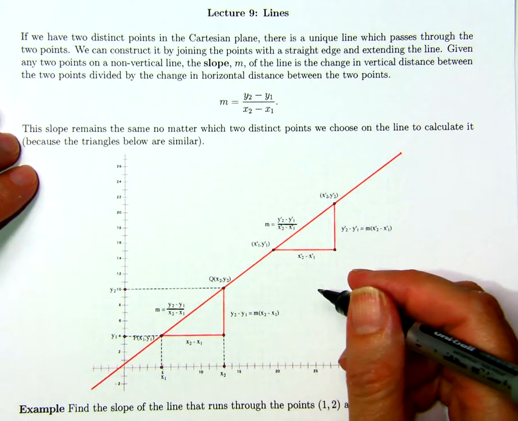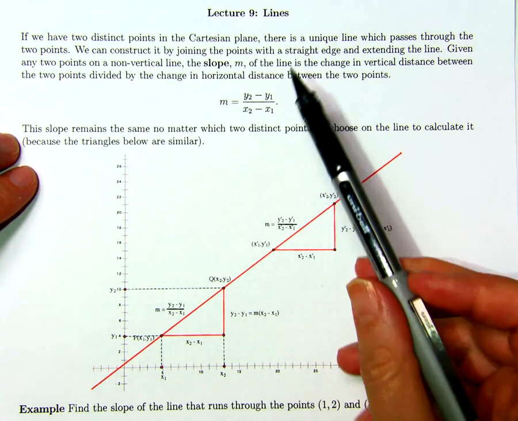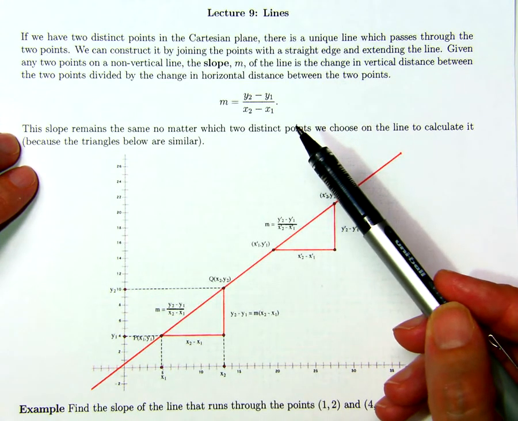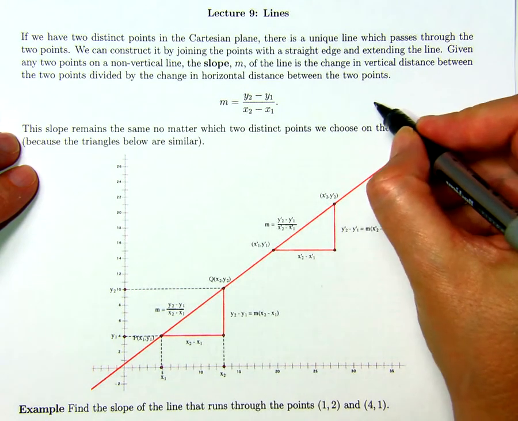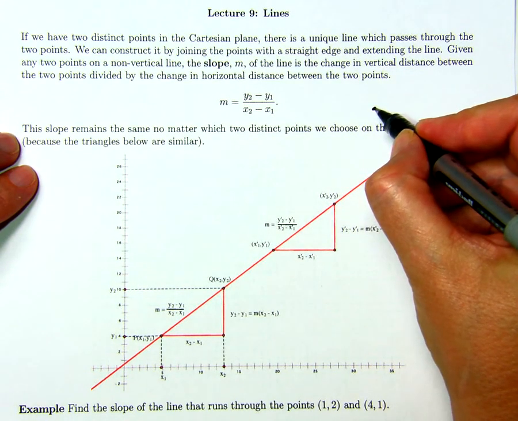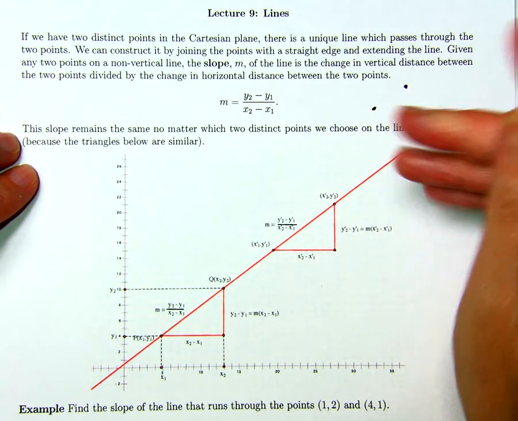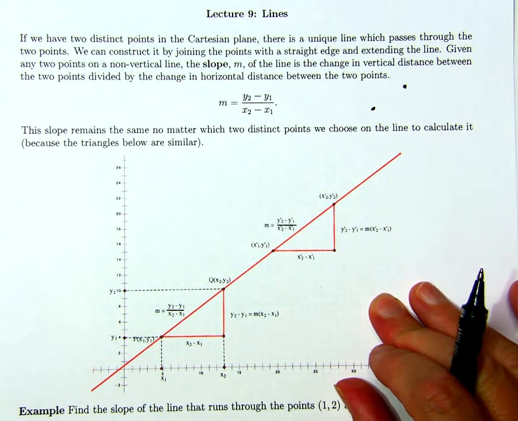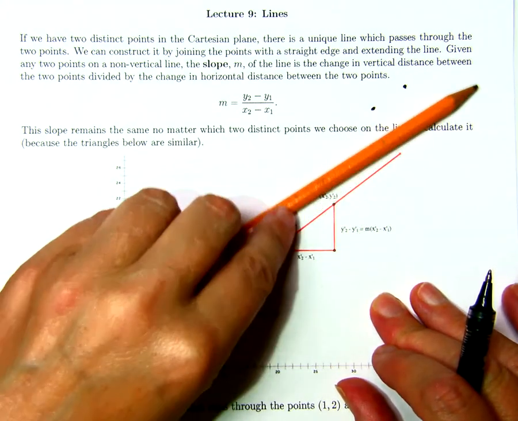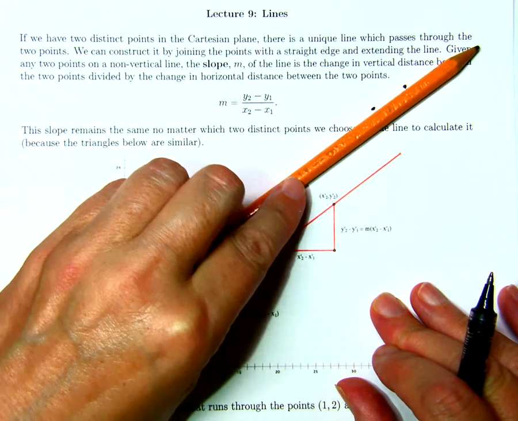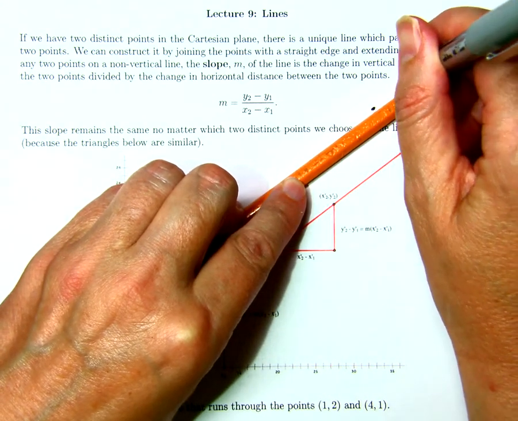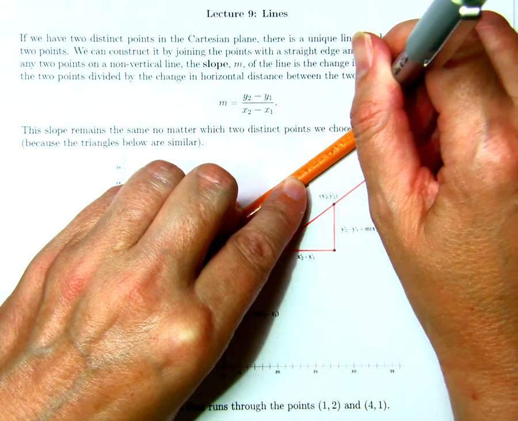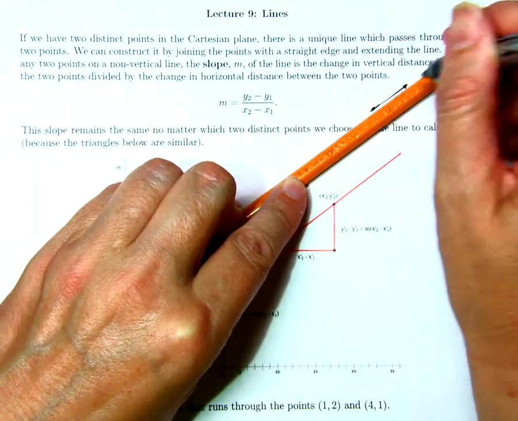In this lecture, we're going to thoroughly investigate lines in the Cartesian plane. If I have any two distinct points in the Cartesian plane, this completely determines a line. For example, on this page, if I draw any 2 points, then there's a unique line passing through those 2 points, and I can construct it by taking a straight edge and joining the 2 points with the straight edge